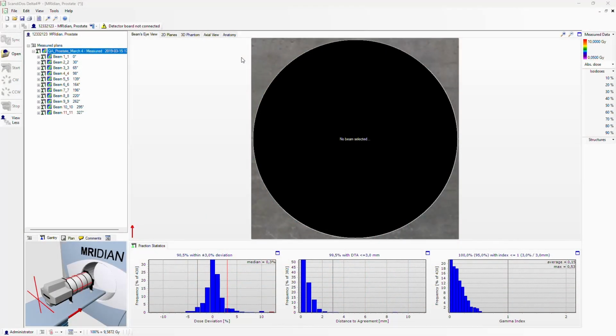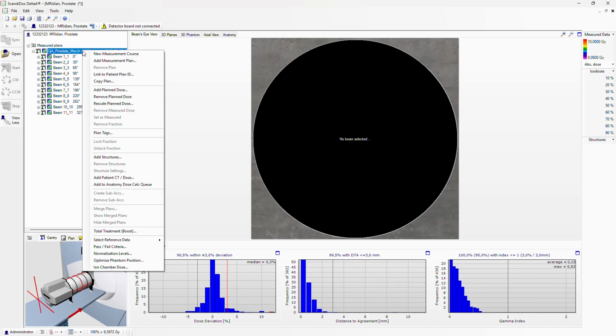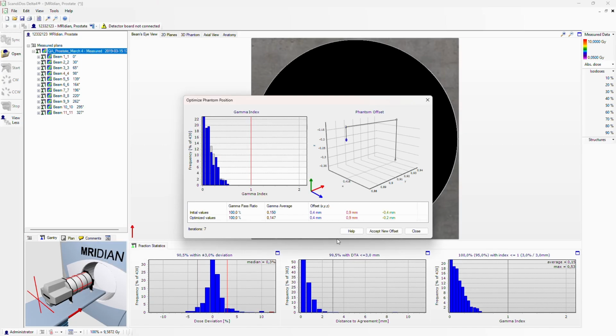Optimize Phantom Position works best when it is applied to a plan level of the measurement. Right-click on the plan level in the patient tree and select Optimize Phantom Position. After calculation, you can choose to either accept the new position or cancel without changing the position. The function finds the position that gives the lowest mean gamma value by virtually shifting the phantom in the X,